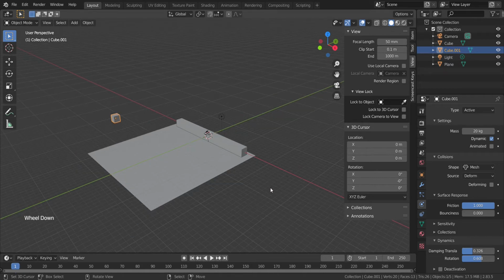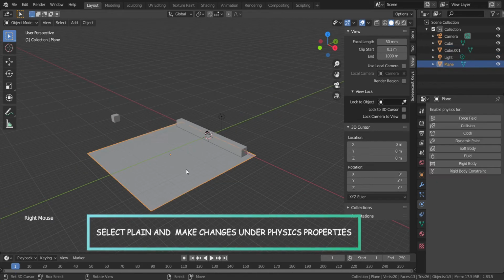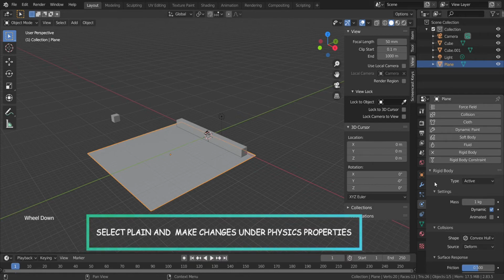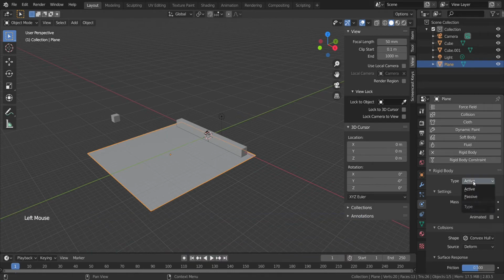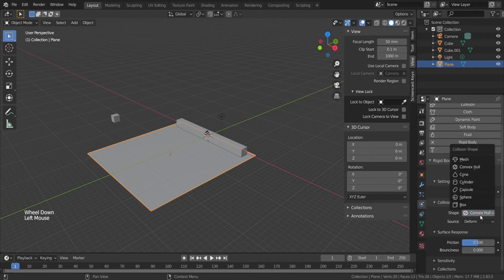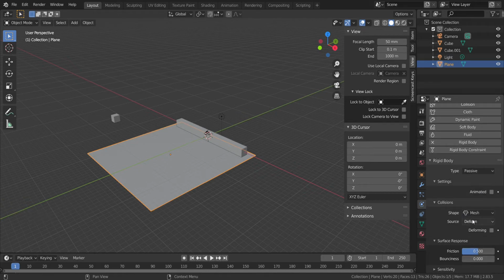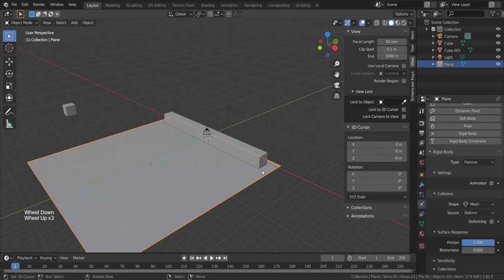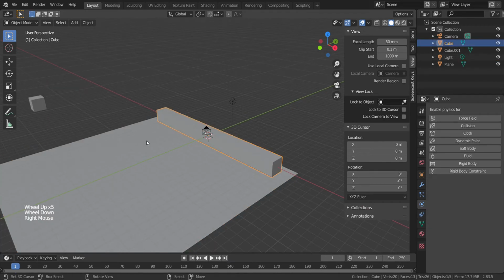So the next step is we will be selecting our plane, and again we will be going to the physics properties and rigid body, and this time we will be setting the type of this rigid body to passive, and then shape will be mesh again, and friction to 1. Similarly, we will now be selecting the cuboid, that is the long bar.